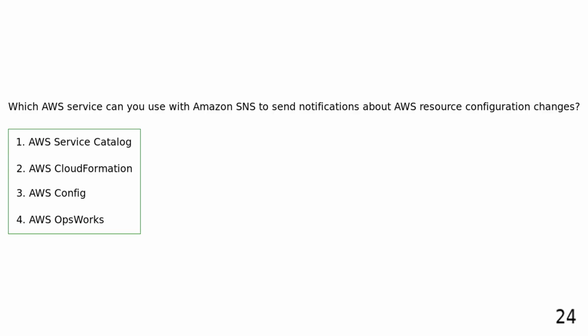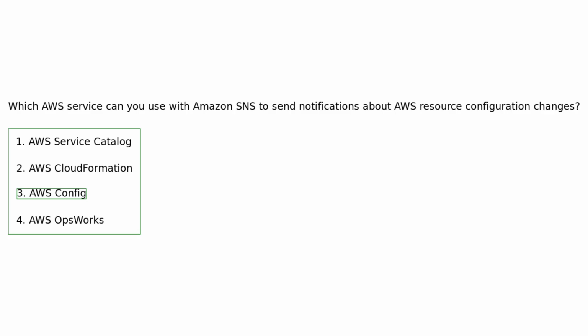Which AWS service can you use with Amazon SNS to send notifications about AWS resource configuration changes? AWS Service Catalog, AWS CloudFormation, AWS Config, AWS OpsWorks. AWS Config can be configured to send notifications through Amazon SNS when it detects changes in AWS resource configurations, helping